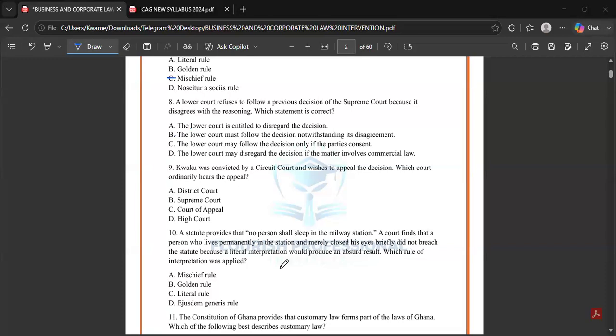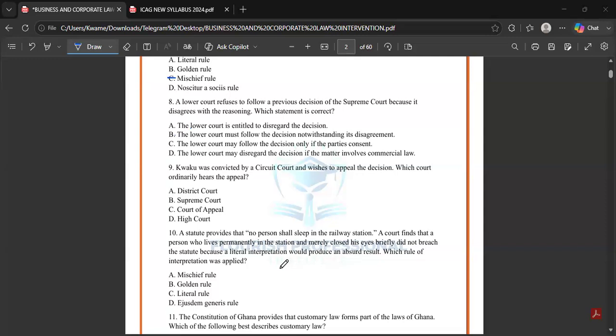Okay, so like we earlier mentioned from the beginning, I think in question one, the answer was that when the Supreme Court interprets the law, all courts are supposed to follow. So the same way, the Supreme Court, as the word suggests, is the highest court of the land. So once the Supreme Court rules on something, no court can disagree with it. If a court refuses to follow a previous decision of the Supreme Court because it disagrees with the reasoning, the lower courts cannot disagree with what they do because that's where the Chief Justice and other top justices are operating.